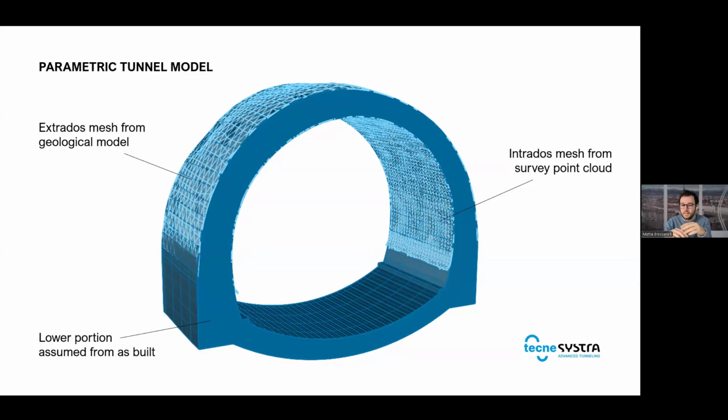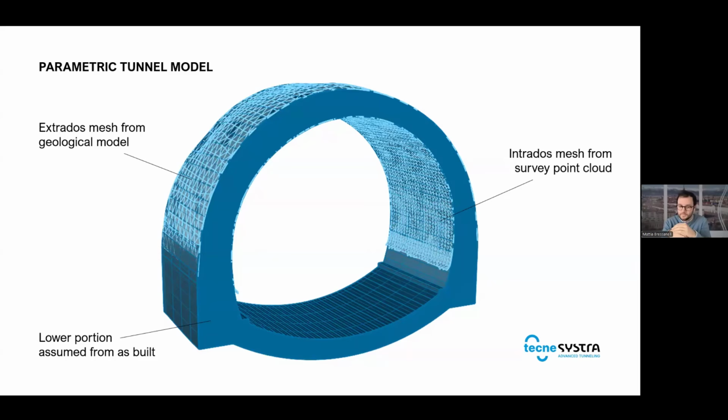So as I said, we have a mesh at the intrados, a mesh at the extrados. The one at the intrados comes from the survey. The one at the extrados comes from the geological reconstruction. But they're just two meshes. And then the Grasshopper model basically goes and computes where those meshes are relative to the theoretical section and deforms the theoretical section so that it snaps both to the inside, the intrados and the extrados, and we get the